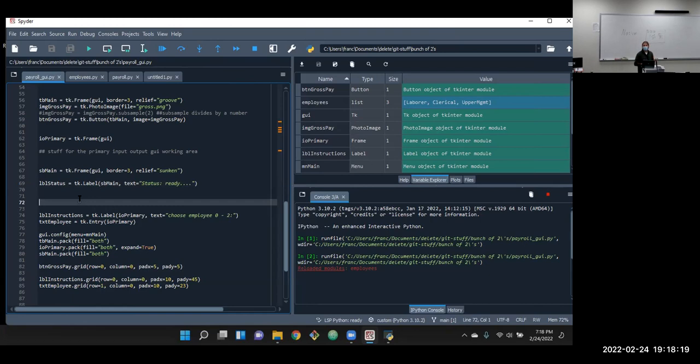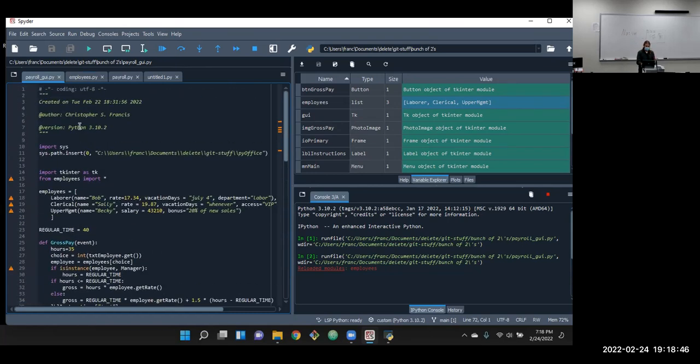And while I'm at it, all that's going to do is just throw up some text saying what we did, right? So if we click that gross pay button with the employee Bob, it'll say found Bob's gross pay. We switch to the employee Becky and click that button, the status bar will say found Becky's gross pay. So not the output, but just the status of what the software is doing. Also very common to hover over things.